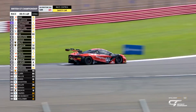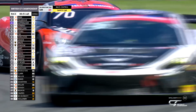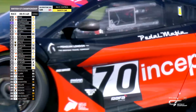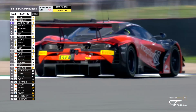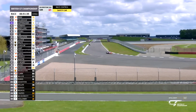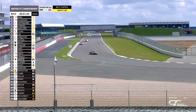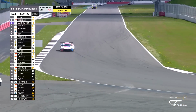And what did I say? When you get one safety car, in this race in particular, it seems you're always likely to get 2 or 3. And this is now a third safety car period of the race. It's the third time in the history of this 3-hour race that we've had 3 safety car periods, and this is going to be perhaps a slightly lengthier safety car period,